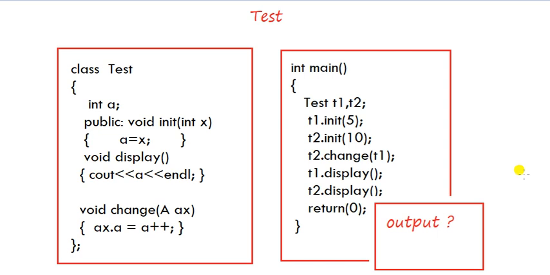So the conclusion is what? Implicit object passed will automatically reflect. Explicit object passed, whether it reflects or not, depends on the way you are passing. If you are passing just the value of the object, then it will not be reflected. You need to take an action, like returning the modified object from the member function to the calling function, or you have to pass the address of the variable. When you pass the address of the variable, you have to collect it in a pointer variable.